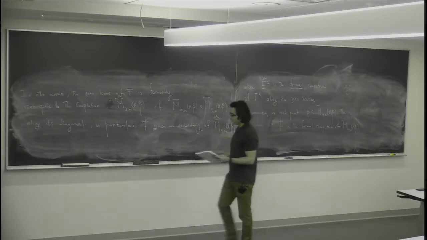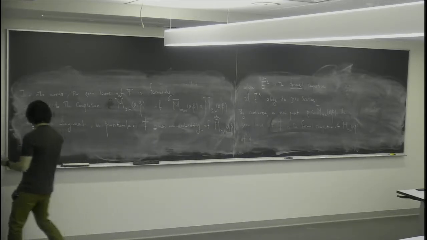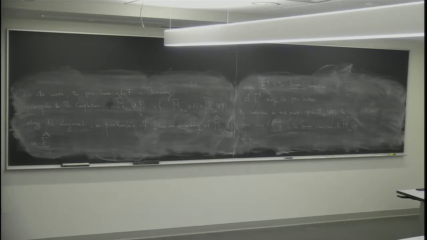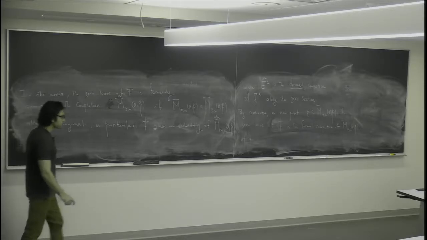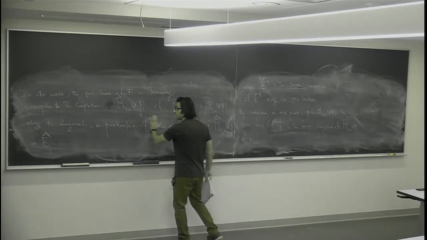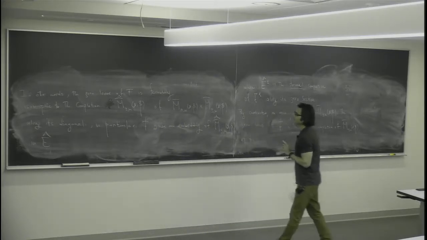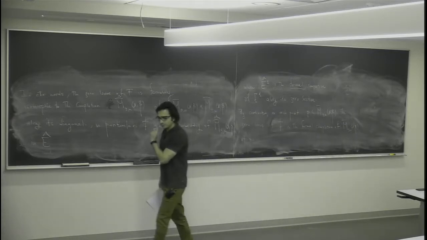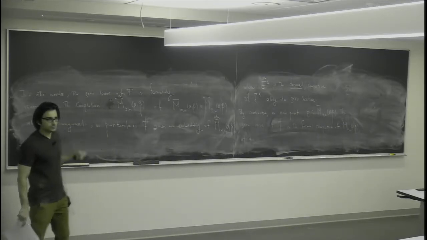You have some embedding of x inside y, and you define the relative differentials of x and y, or the normal bundle of x and y. What is that? Think about the diagonal map that embeds x inside y, and you have some ideal. So the conormal sheaf of x inside y